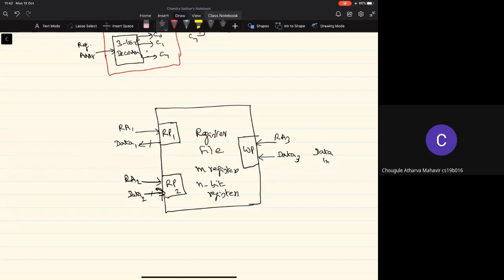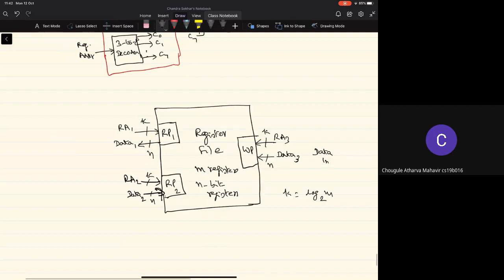All the data lines will be n bits, and the address will be some k bits, where k is log m to the base 2, because you need to select one of the m registers for the read or write operation. Typically this m will be a power of 2, so k will be an integer.